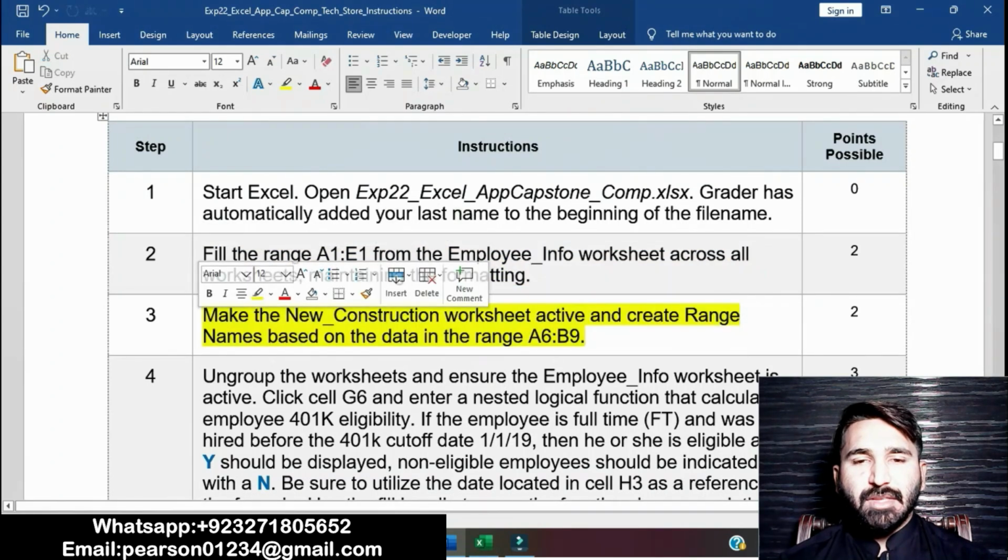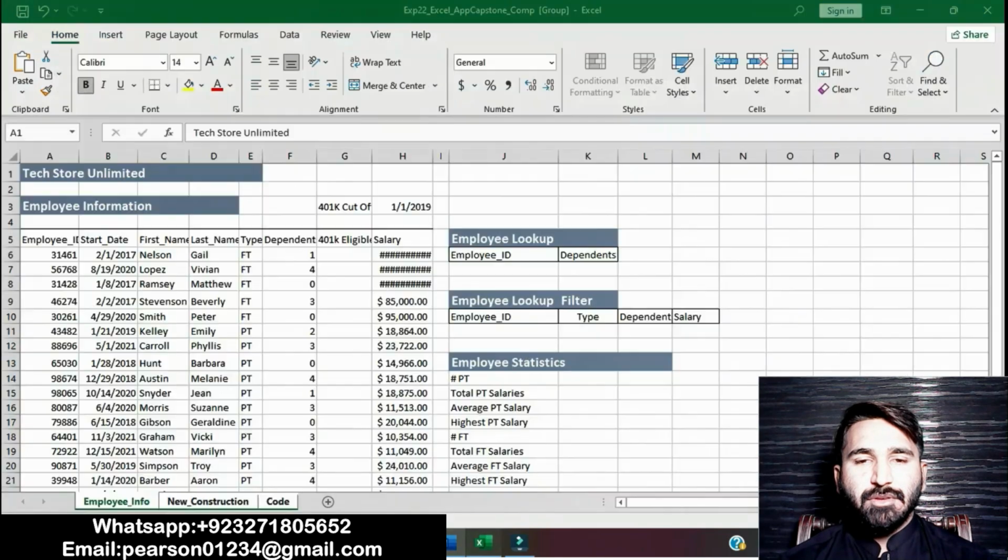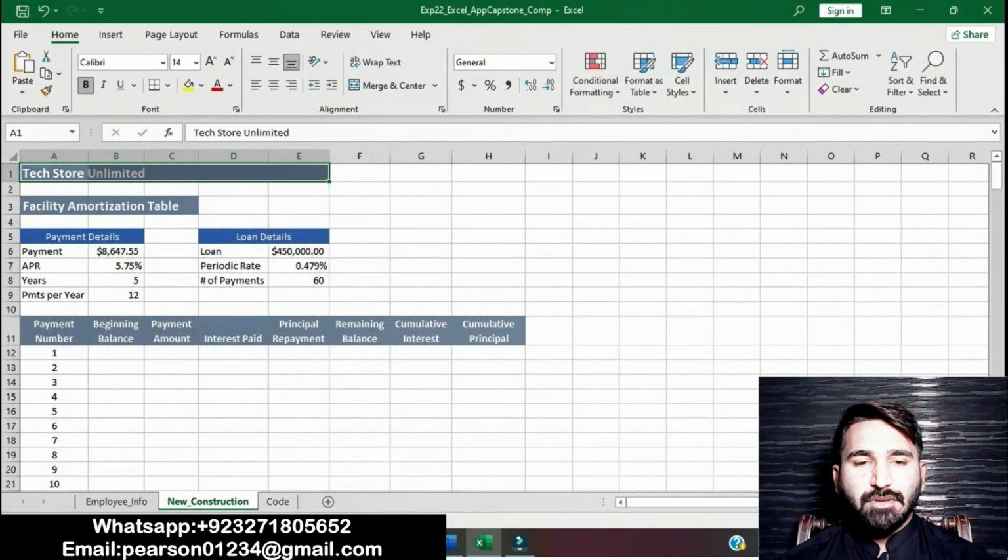Make the New Construction worksheet active and create range names based on the data in the range A6 to B9. Basically, in this step we will have to create new range names based on the data. Click on the New Construction sheet.